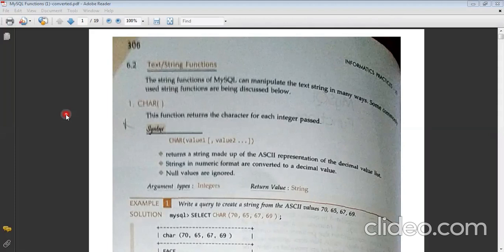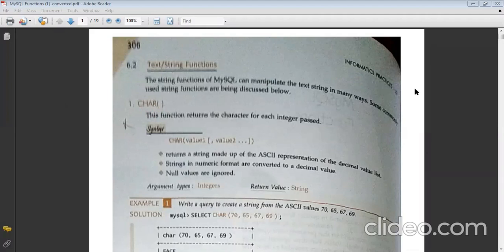Whenever we write functions, you have to make sure that functions are always written like this. Here, char is the keyword. The keyword can be different, but it will always be followed by small parentheses. Even if I'm creating a function for my name, if a small parenthesis follows my name, that indicates that it is a function.